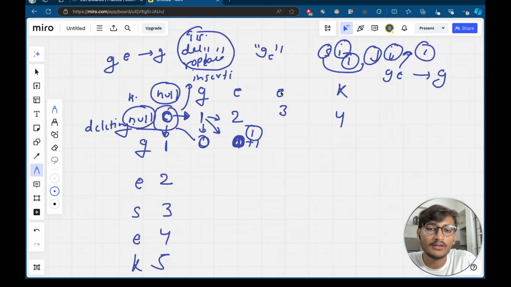So our next character is E. So G and E are not matching. So we have to take the minimum of these three, which is 1 plus 1, so 2. And we will backtrack. We will see where we have got this 2. We have got this 2 from 1. So for getting 1,